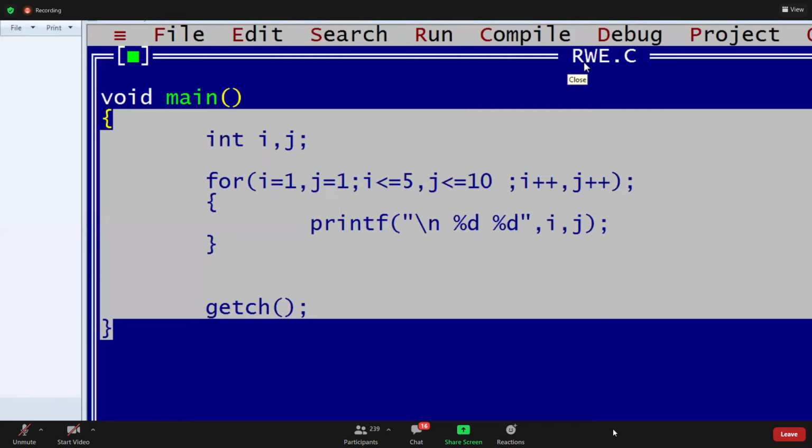Chandru, check it once. Semicolon is there.